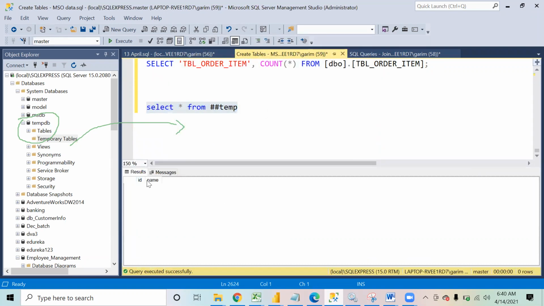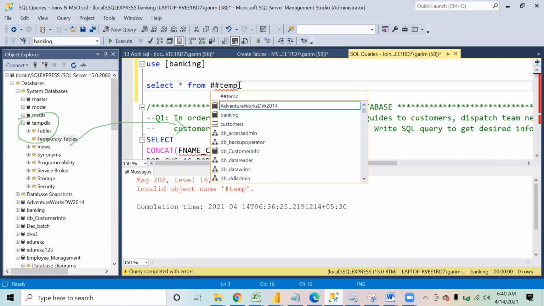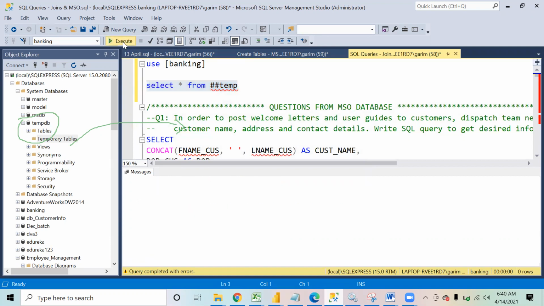It is available over here also. If I go into the third session, it is available over here also. Now that global temporary table is available everywhere.